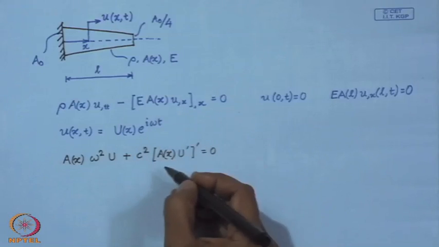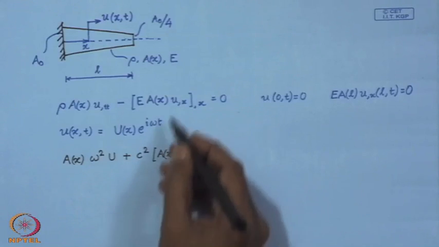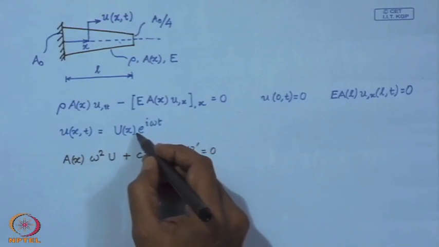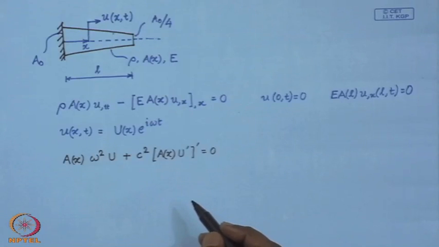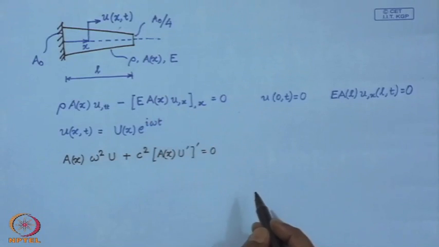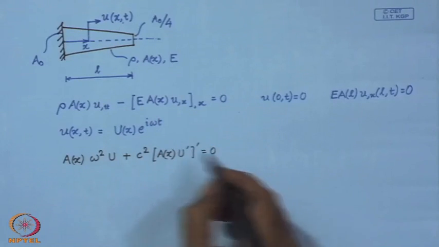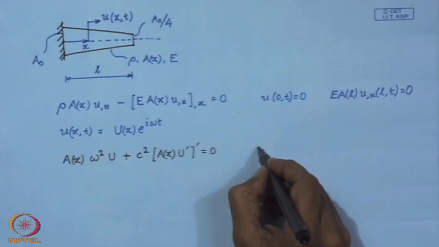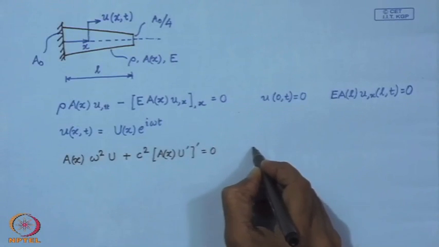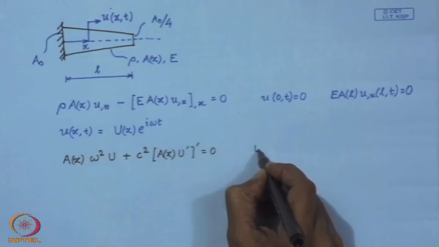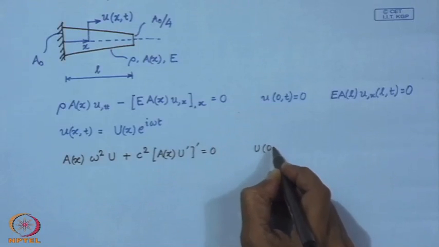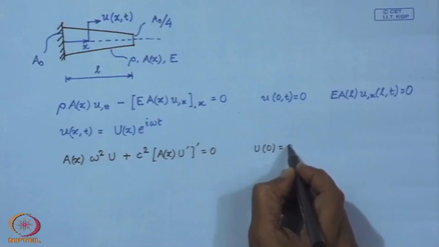So, this is an ordinary differential equation obtained by substituting this solution form in the equation of motion, and correspondingly the boundary conditions for this differential equation are given by